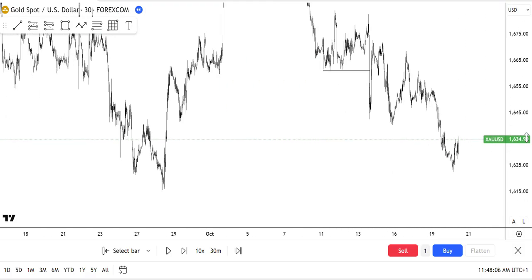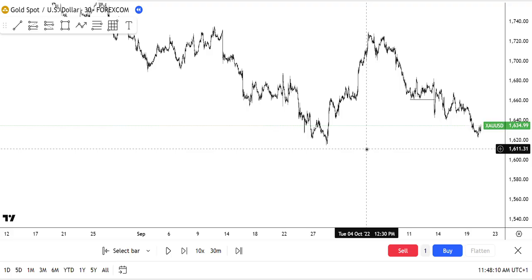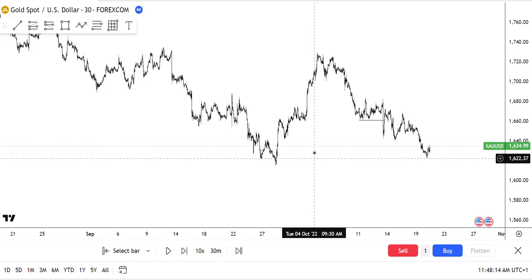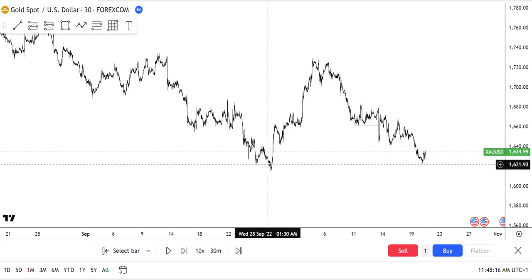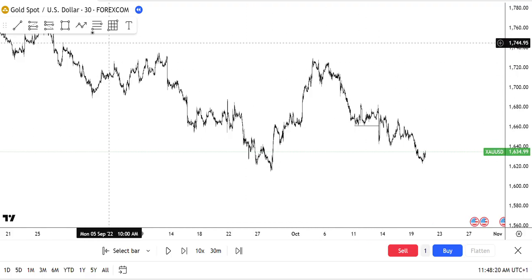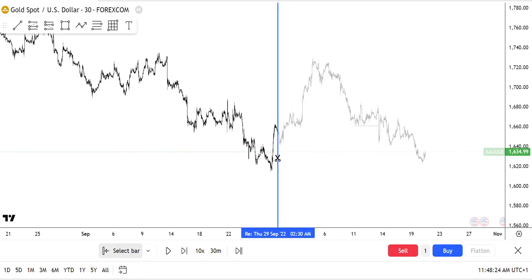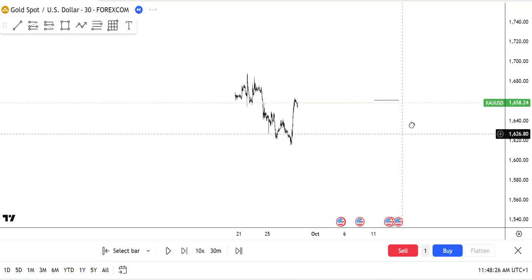So this is what market structure is. Whenever I come to the charts, the first thing I look out for is what has happened in this market. What high has been taken, what low has been taken. So in this particular case, if I came to the chart to analyze what is going on here,